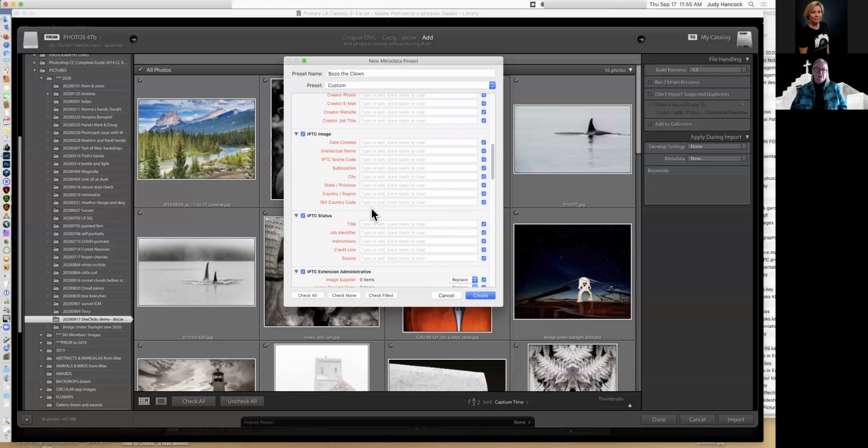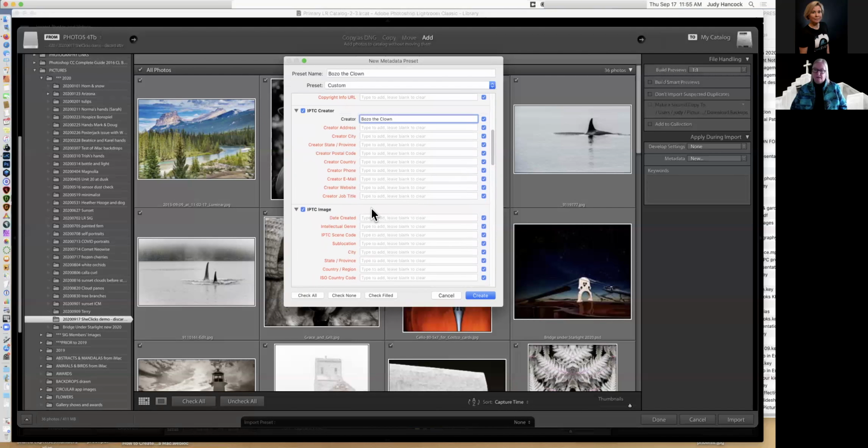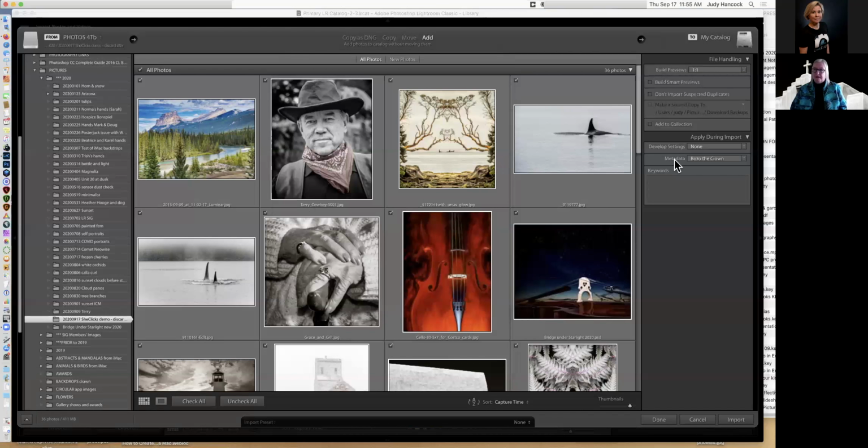I generally just put my copyright information in, and I'll show you mine in a minute. But then you would click create, and it will make a new metadata preset that I can apply automatically every time I import. Now, I don't really want to import these as Bozo the Clown, but if we go to